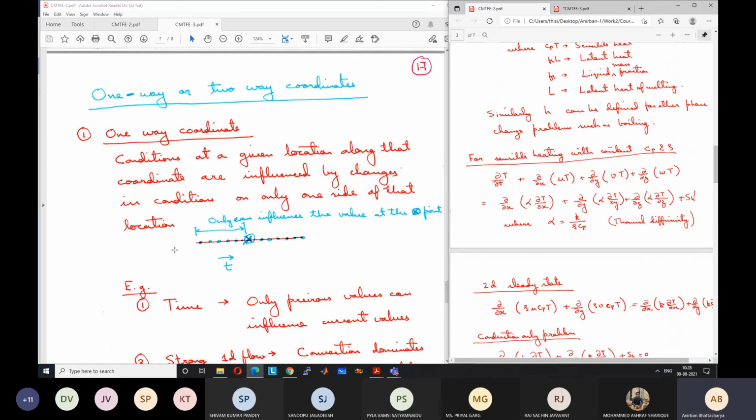Say at this point we find the value based on the previous point value. The next point value will depend on whatever is the value at this point. So we can just store the value at this point and the next point; we just need to store 2 points, meaning at 2 times. Then when we solve for the next one, we erase the old one. If this is the old time step value and this is the new time step value, when we go ahead, the new time step value becomes the old time step value, and the next one becomes the new time step value. Like this, we can proceed by storing the data only at 2 time points, for all the space points, but only for 2 time points.